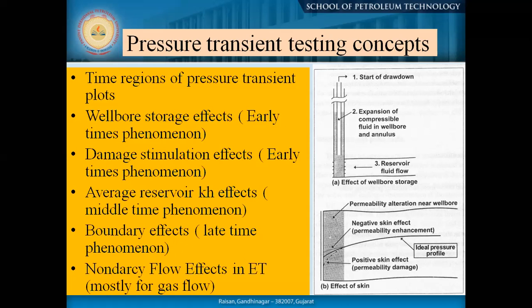If you see the diagram below, you could easily understand that skin is nothing but the zone due to which we are not getting the proper flowability to the well. It may be for different reasons. It is not only the damage area around the wellbore. Maybe you have choked perforation, insufficient perforation, partial penetration, an inclined well, or some deposition around the wellbore. So this is what is happening during your flow. That's why it is called the skin. So skin is not only the damage area, it may be of different types.